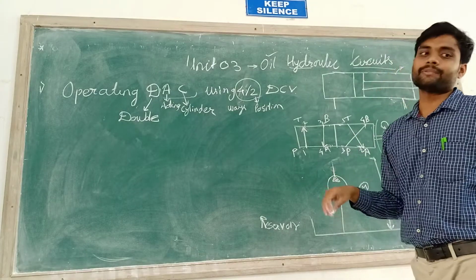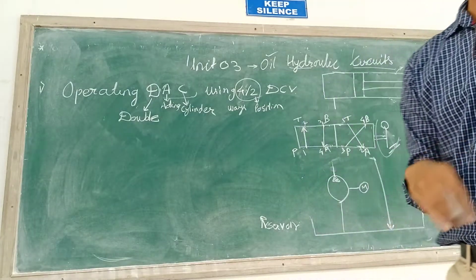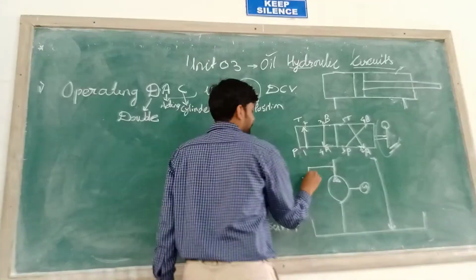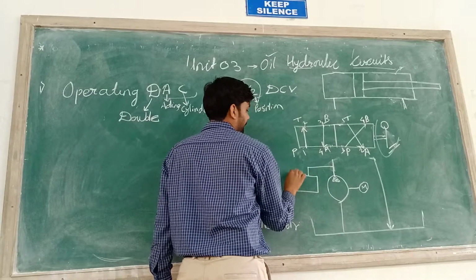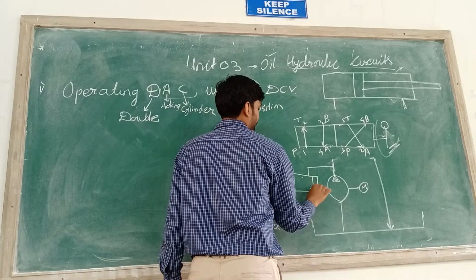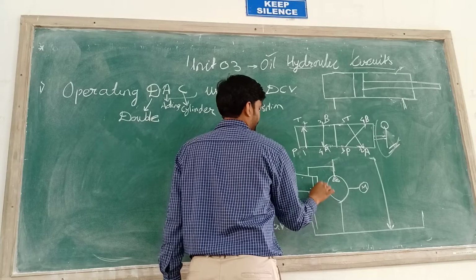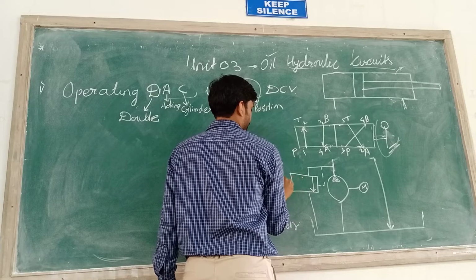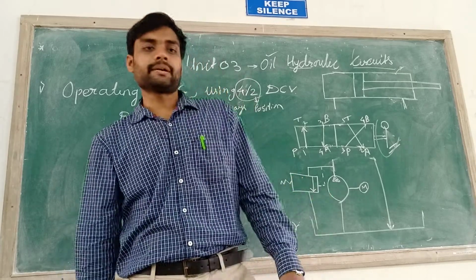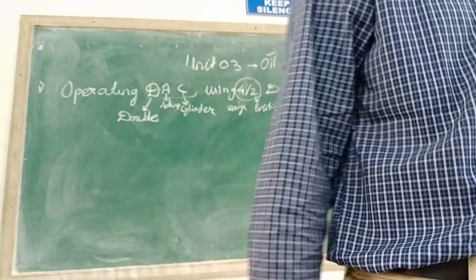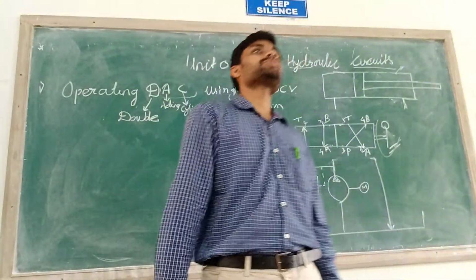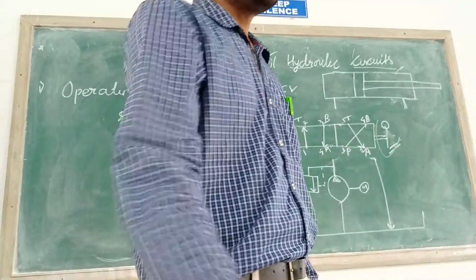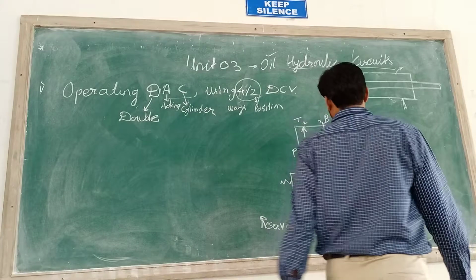Okay, in the previous circuit we need to connect this relief valve. Actually, I forgot to connect this relief valve. So relief valve is connected here in the bypass manner. So this is the relief valve. You know why we are going to use the relief valve? We are going to use the relief valve to save the system from the excessive pressure here. That's why we are going to use the relief valve. This is the spring operated relief valve.